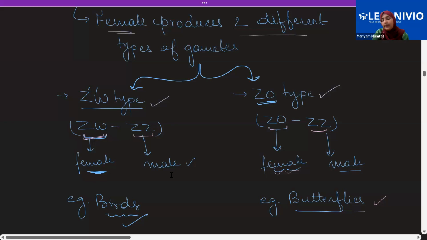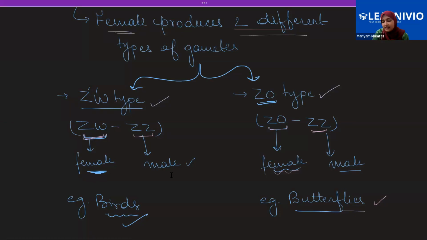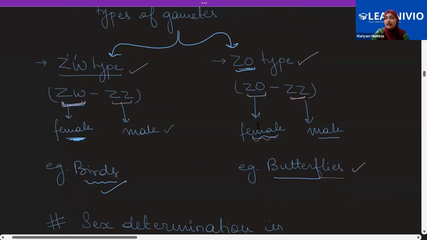And remember, in whichever is the case, male is heterogametic or female is heterogametic, in either of the cases, the one that is heterogametic will be contributing to the sex of the baby. It will be them or their chromosomes because of which the sex of the baby will be decided. Clear, students? Here, the most important thing to remember is the type and their example, like which organism has this type of